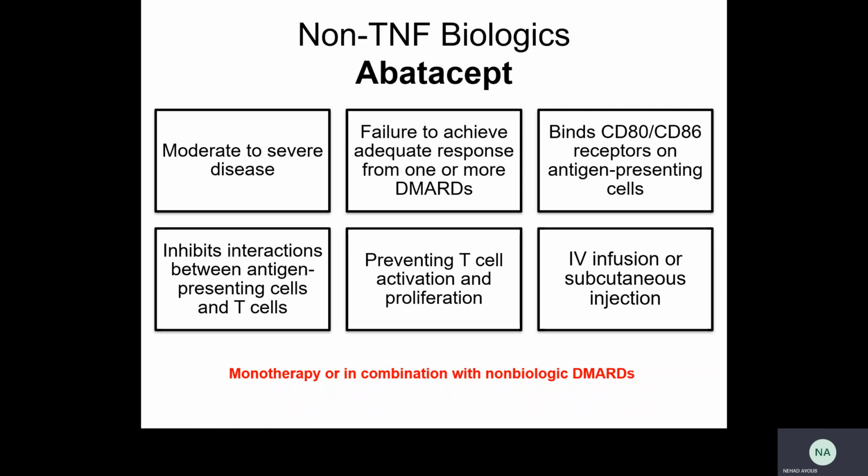So last time we stopped at the biologics, and we said that we have two groups of biologics, the anti-TNF biologics and the non-anti-TNF biologics. We talked about anti-TNF biologics, where they can be indicated, their precautions, contraindications, and their types. Today we'll talk about the non-anti-TNF biologics, and then we'll talk about the algorithm of treatment. The first drug in the group is abatacept. We said that